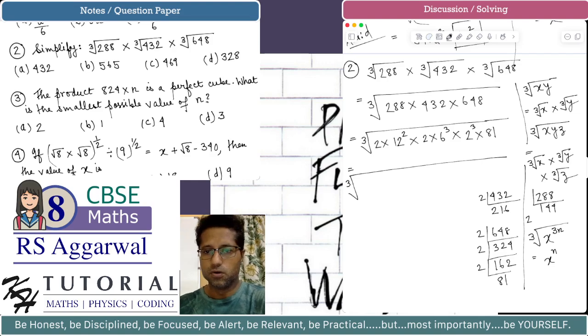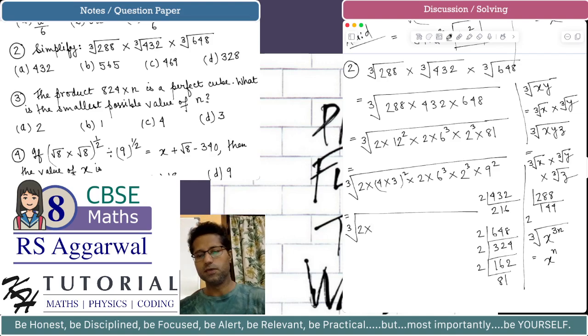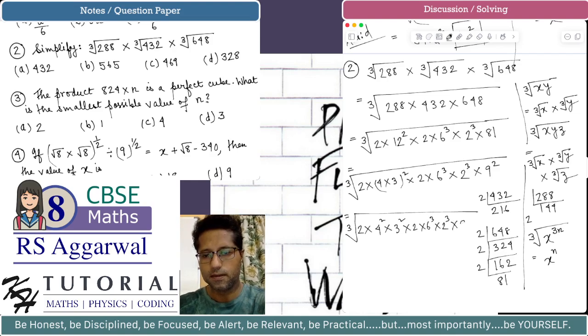Now, so we have 2 multiplied by, now 12 is 4 into 3, 4 into 3 whole square, and we have 2, and we have 6 cube, and we have 2 cube, and we have 9 square. 81 is 9 square. This is equal to cube root of 2, 4 into 3 whole square is 4 square multiplied by 3 square, and we have 2, and we have 6 cube, and 2 cube, and 9 square. So this is equal to cube root of